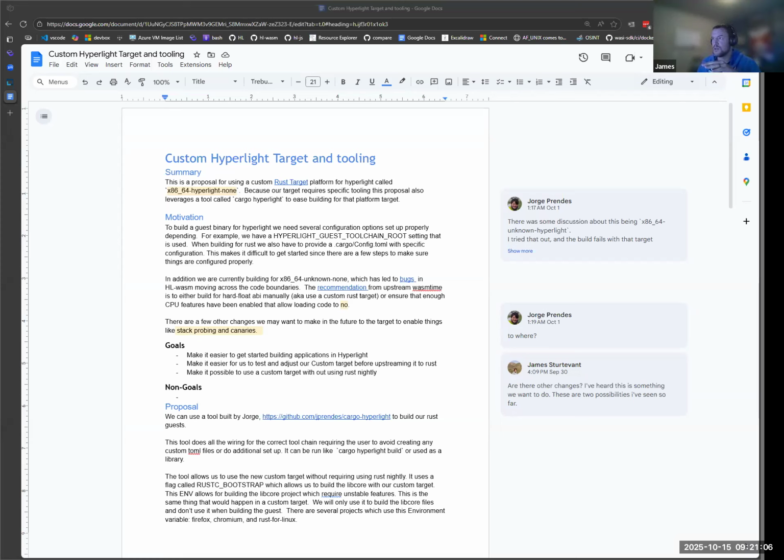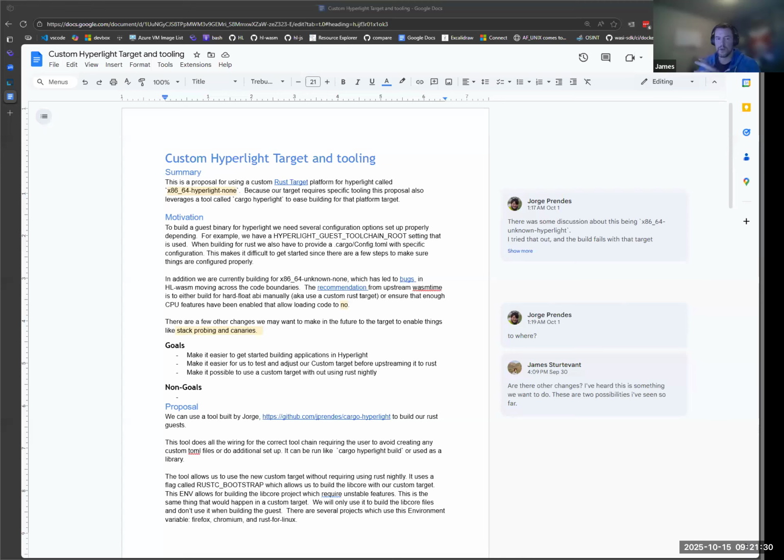The background is that we currently target x86_64-unknown-none today, which is kind of bare metal.